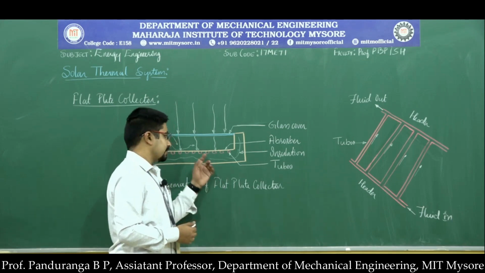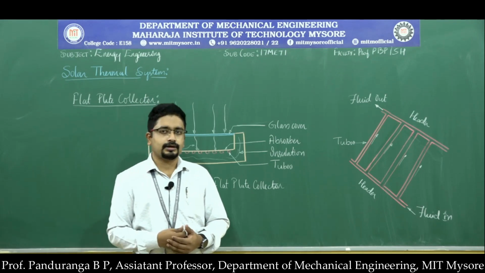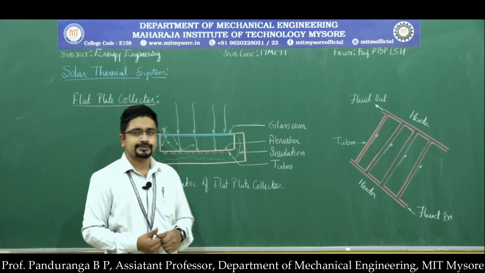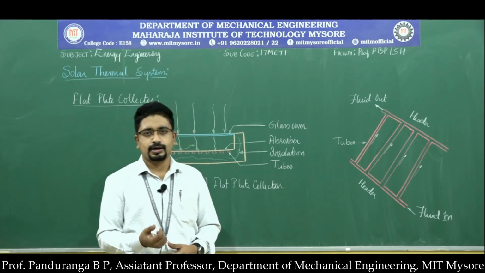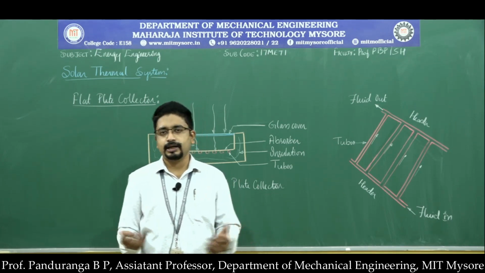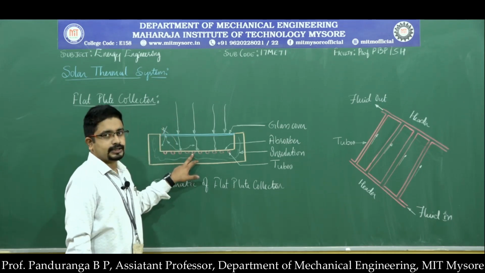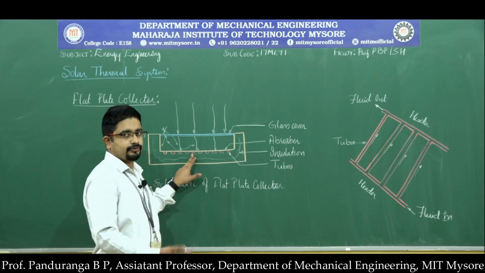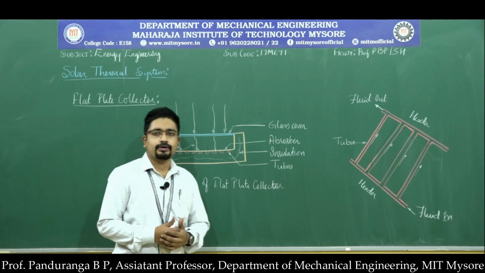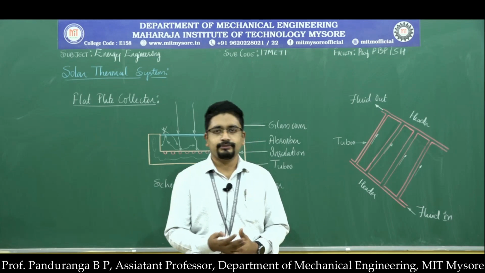Again, that depends on the cost of production. If you want a cheaper flat plate collector, generally they will go for brazed or welded tubes. If you want very good absorption, then you will go for a tube where the absorber plate is integrated with the tube itself. Now the heat energy will be transferred to the water or fluid flowing through the tubes, and that will be stored in an overhead tank, so we can use it whenever we need.